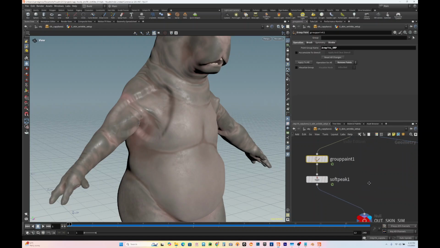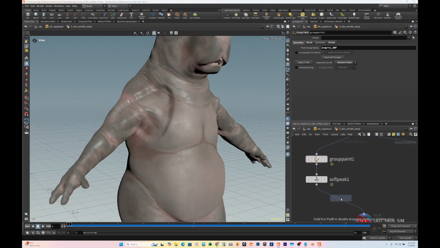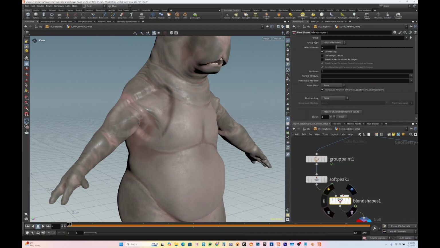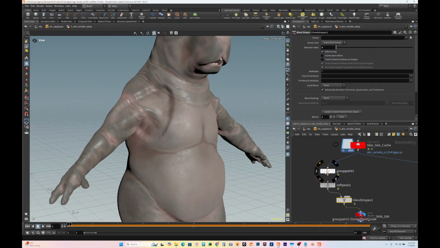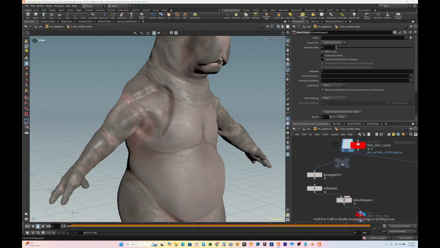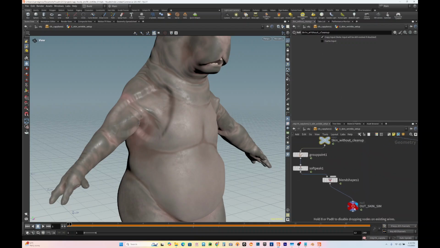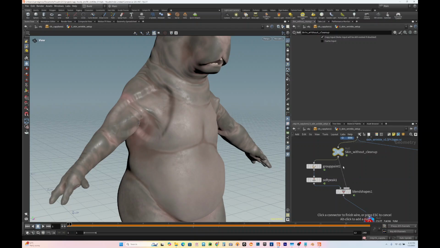So what we could do is, if we do tab blend shape, I could put that right here, and then we could connect, we could bypass all of that. And if you want to make it cleaner, we could just put another null. We could put that here, and we could call this maybe skin without cleanup. So there's our skin out. So we could just plug this here,